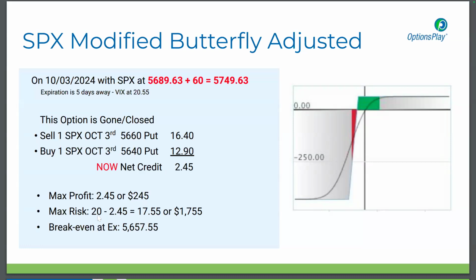Our max risk has completely changed. So if you do this trade, this is very important because you are now short one 20-point put spread. You have to have the margin to be short a 20-point put spread. So I like this trade a little bit because it doesn't let you over leverage your account if you're planning on doing the adjustment. But realize the market has now gone up.